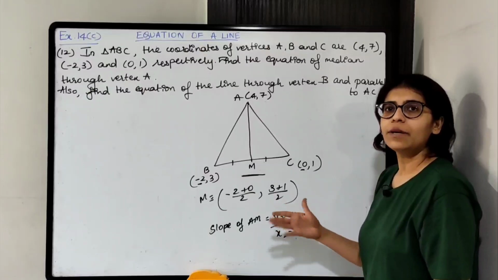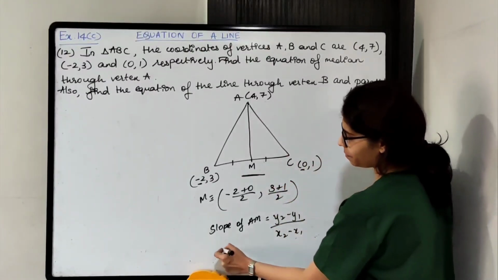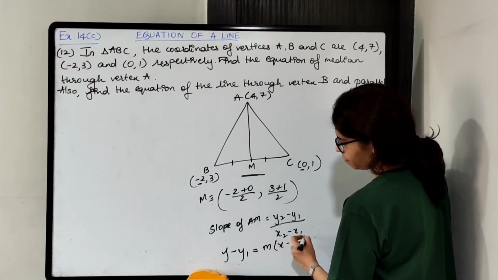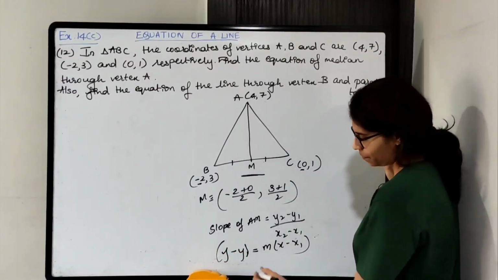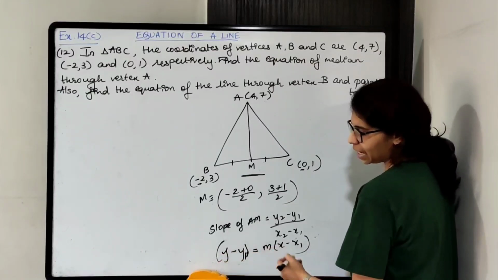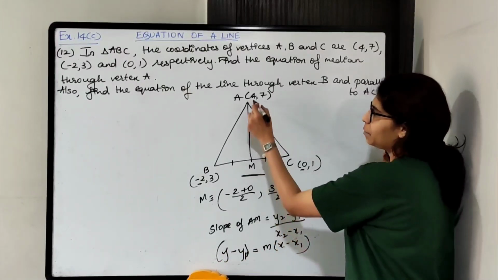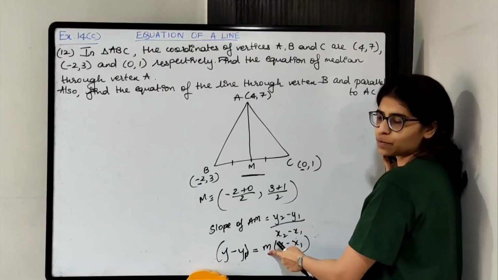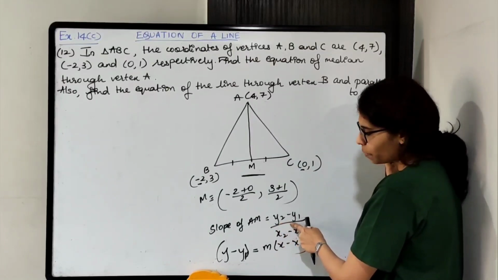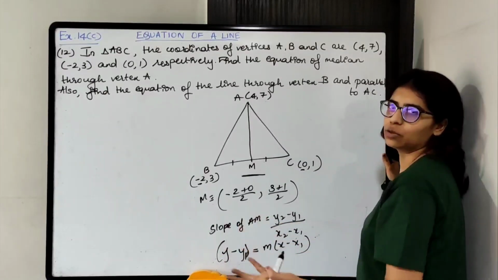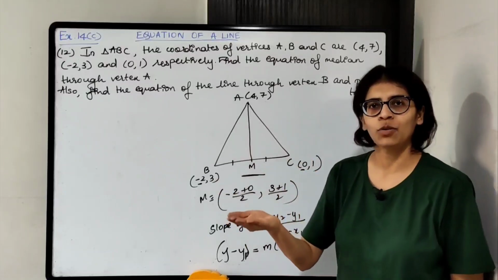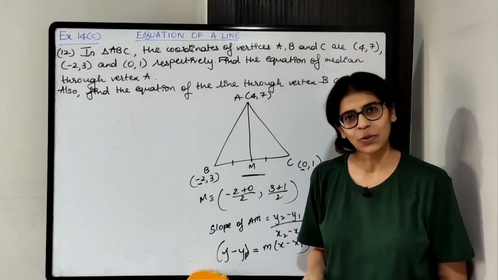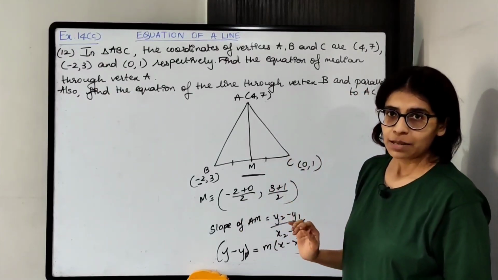So slope मिल जाएगा. एक बार slope मिल गया, then equation is very easy. ये हो जाएगा इक्वेशन. So x and y as it is, x1 y1 substitute करेंगे. I am taking this as x1 y1, का value substitute करो, m का value substitute करो. m is nothing but slope. So slope का value जो भी मिलेगा वो substitute करो. You will get the equation of the line. Solve further, simplify करो and you will get the equation of the line. Okay. So it's very easy. Okay. So we'll solve step by step.